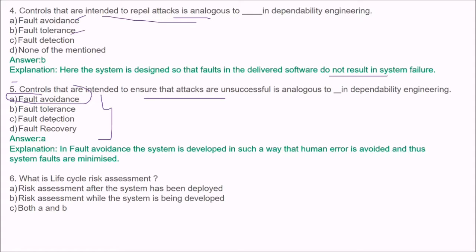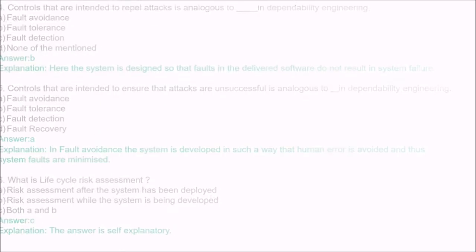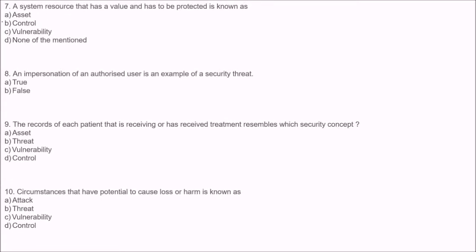Next, what is the life cycle risk assessment? Risk assessment after the system, and assessment while the system is being developed. The answer is both of them: risk assessment while the system is being developed, and after the system has been developed or deployed. Next is, a system resource that has a value and has to be protected is known as,